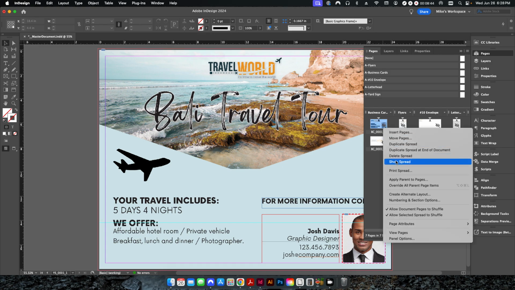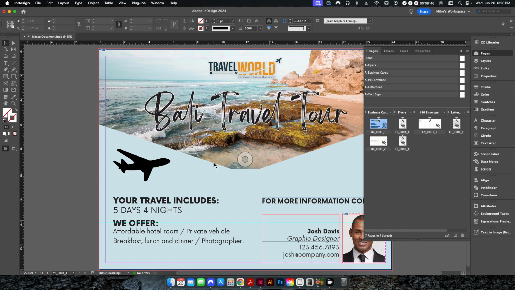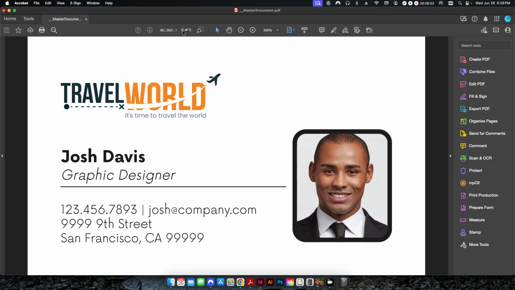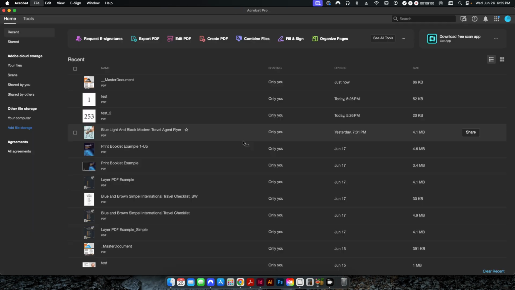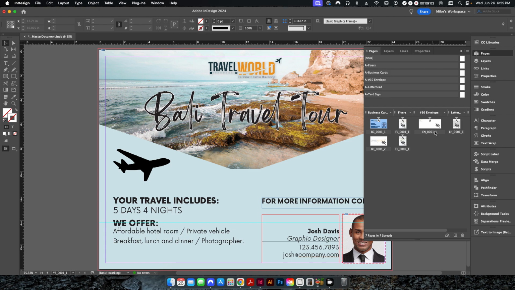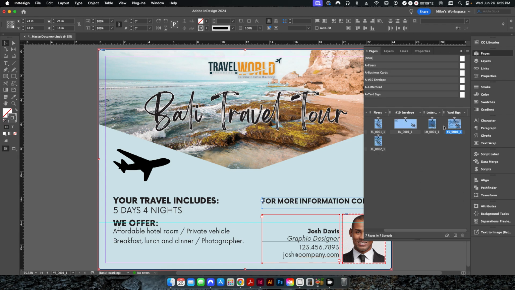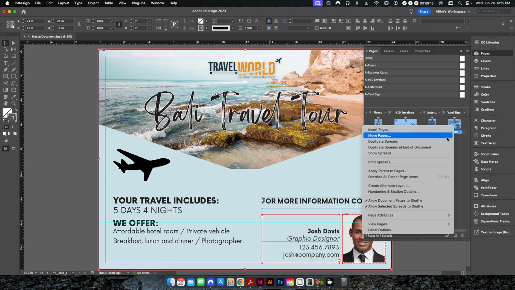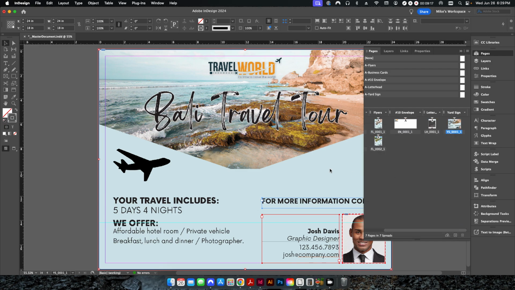But if I unhide this and click show spread, and now if I go to export and I just hit OK, now it shows me only one of one. There's only one page, and it's this version right here that I was currently looking at. And obviously if I unhide all of these, so if I select all of them here, let's see if I can select all. Nope. Just shift click and show or hide spread, show spread. So now if I export,